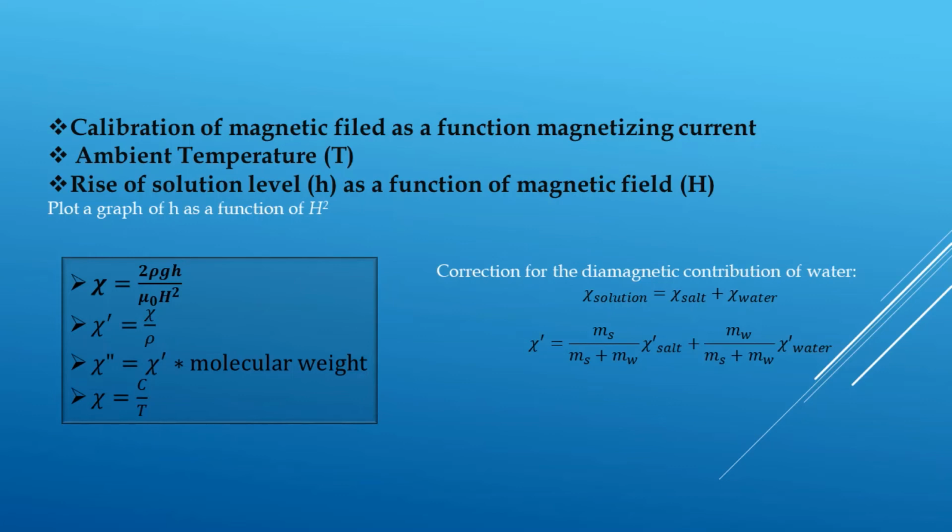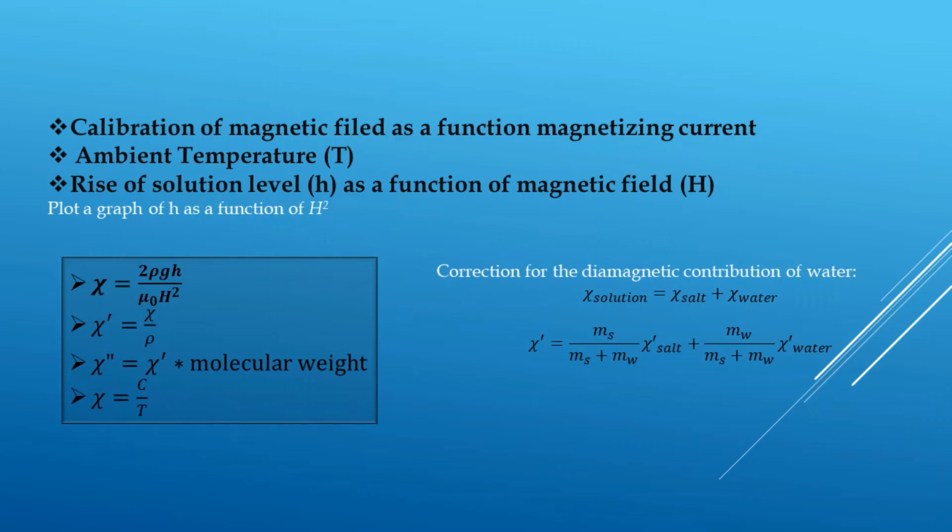Because at the same point of time, we cannot use the digital gauss meter and the Quincke tube in the magnetic field, right? So we'll first calibrate the magnetic field as a function of magnetizing current,